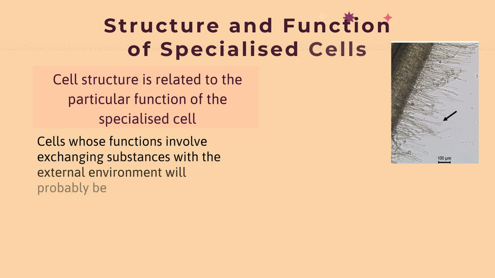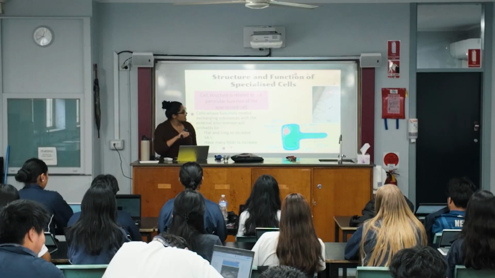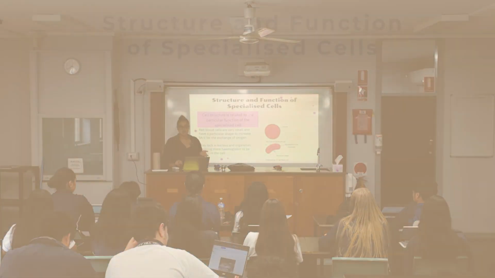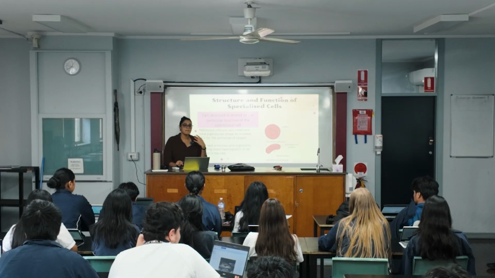So in this example here, we actually have a really zoomed in microscopic image of a plant root. And can you guys see, kind of looks like hairs? The next one is a blood cell. So a blood cell, its main purpose is to transport and carry oxygen throughout the body, but it can also